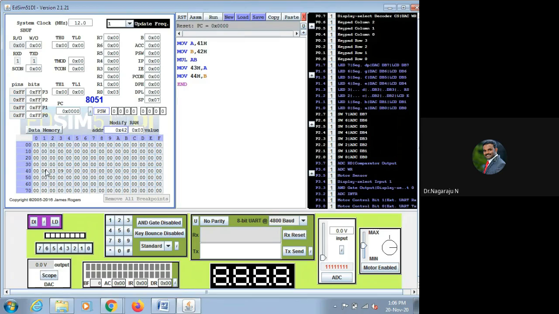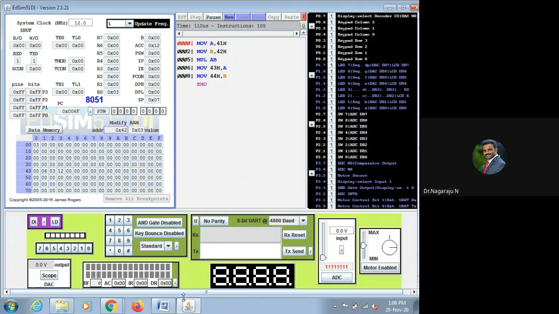So here input values, move A comma 41. So 41 contains what? 06, right? And 42 contains what? 03, right? So the same data. Let us assume the same data. Now I am going to execute the same program for the input data 06 and 03. Give the run command, and you will get the output, that is 12. So 43 contains 12, because 6 times 3 is 18, and 18's equivalent hexadecimal value is 12. So you will get the accumulator value as 12. So this is the multiplication operation.